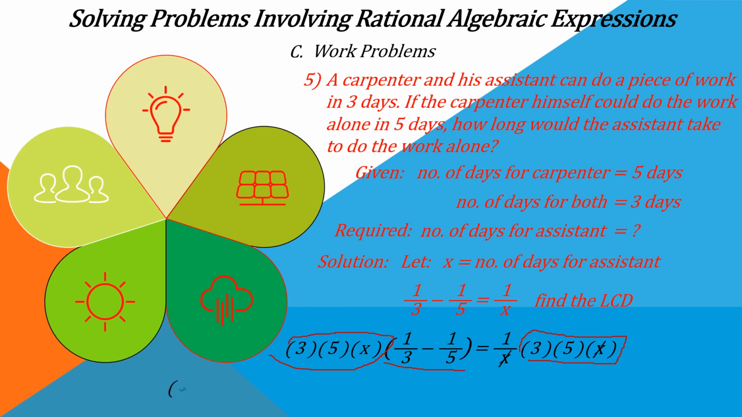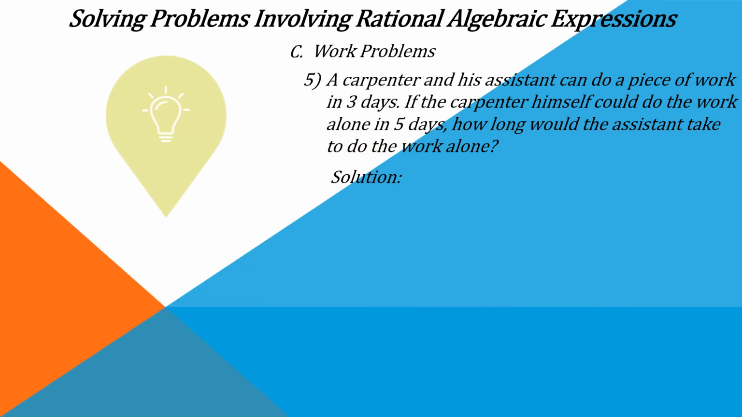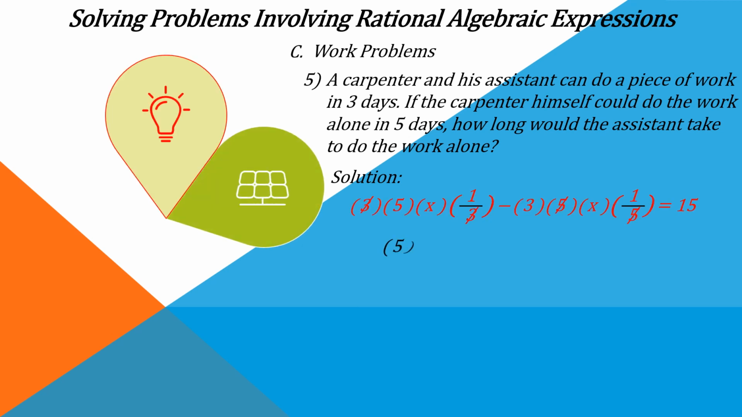We have 3 multiplied by 5 multiplied by x multiplied by 1/3 minus 3 multiplied by 5 multiplied by x multiplied by 1/5 is equal to 15. We cancel x. So we have this 3 multiplied by 5 multiplied by x multiplied by 1/3 minus 3 multiplied by 5 multiplied by x multiplied by 1/5 is equal to 15. Cancel 3 and 3 and 5 and 5. We have now 5 multiplied by x minus 3 multiplied by x